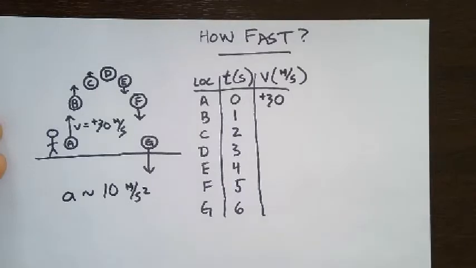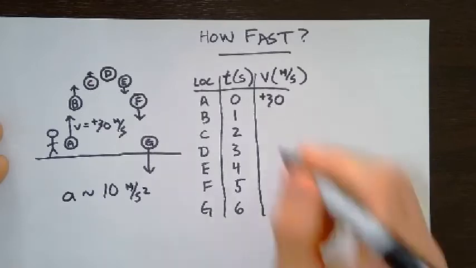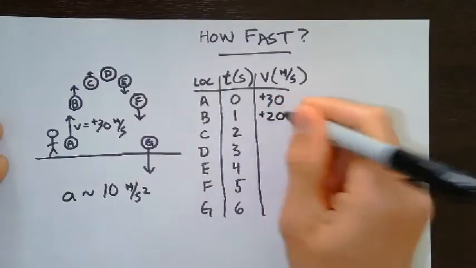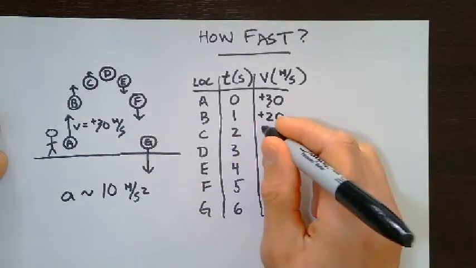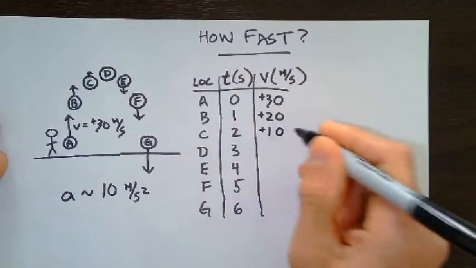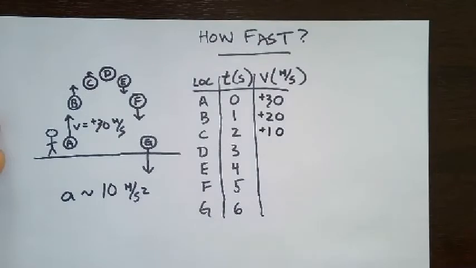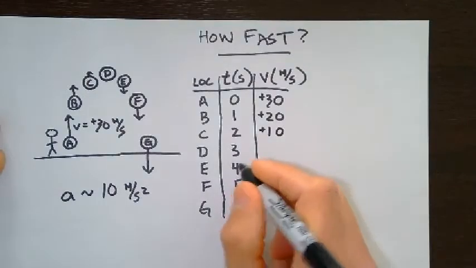Again, common sense tells us that the velocity should decrease by 10 if an object is traveling upwards. So at 1 second, that brings us to 20 meters per second. And what you can do is apply the same reasoning for the remaining times. So at 2 seconds, the velocity is decreased to 10 meters per second. And at 3 seconds,